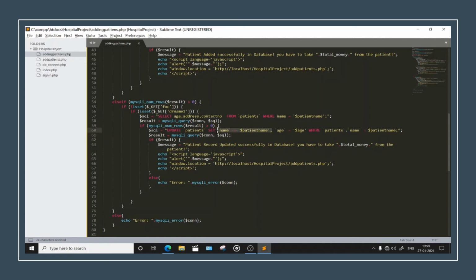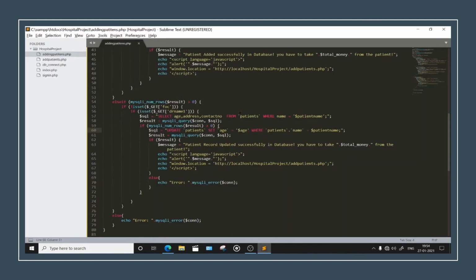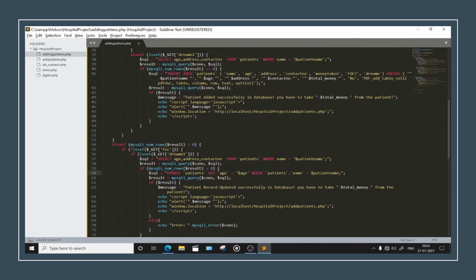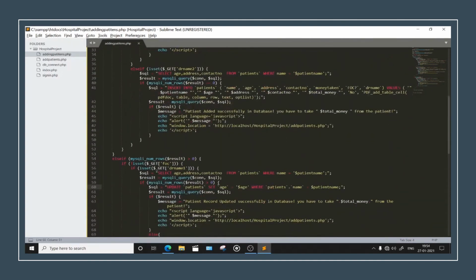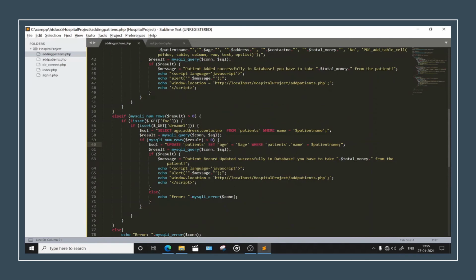I think that we need to remove this part only. Let's see if this thing works or not. Okay, so it's going somewhere else, right? So where name is this? Alright, let's just try it out once again.